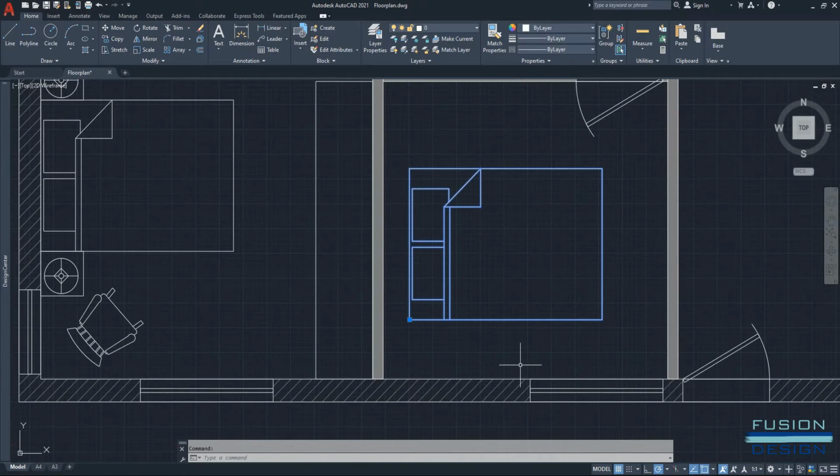Currently this is acting as a block, so all of the lines are joined together as one unit. To explode that block, we use the shortcut X, press enter, and now each one of these lines are separate